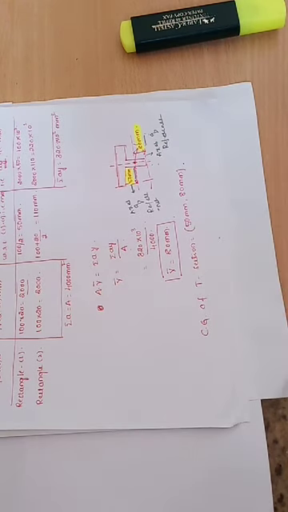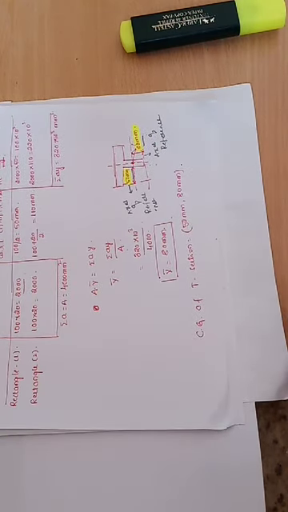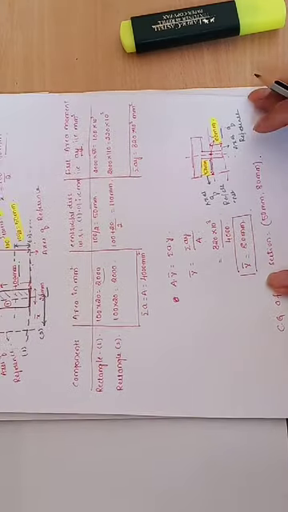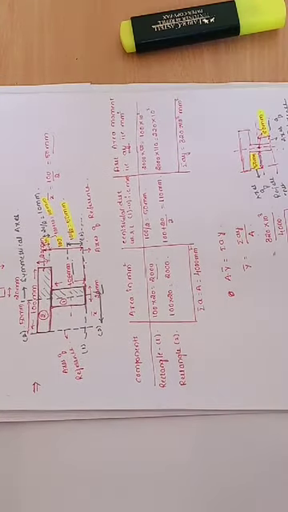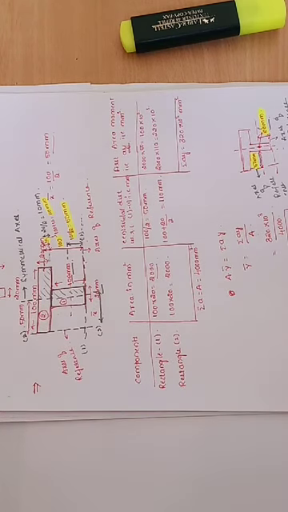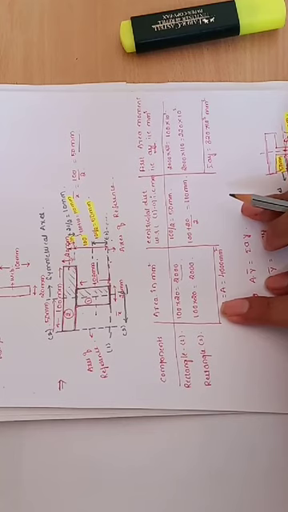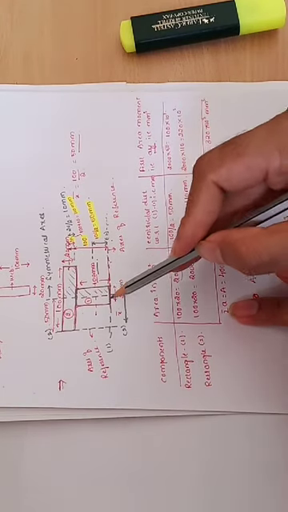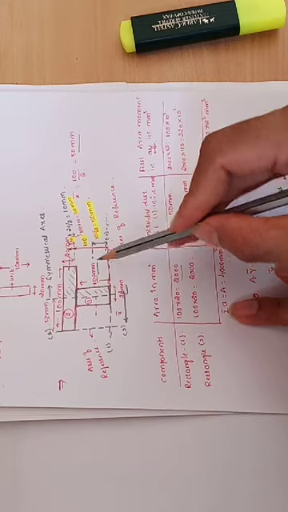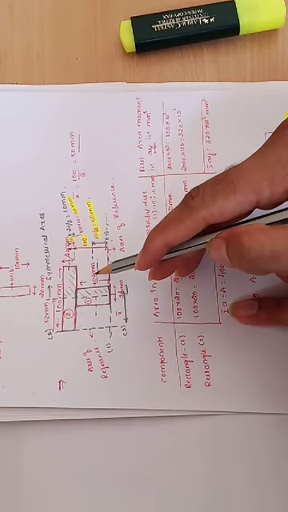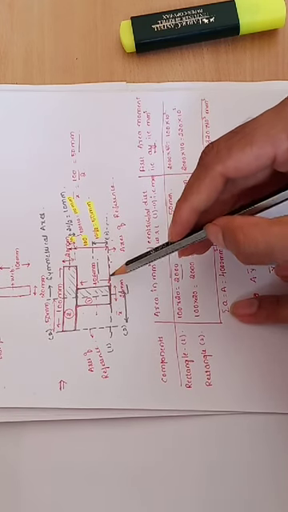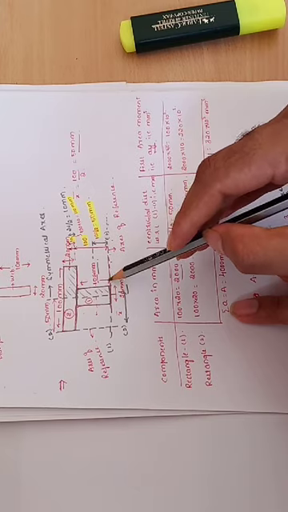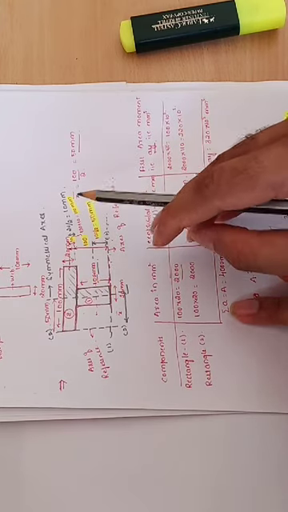So similarly we'll solve. So what are the important steps we are supposed to look into while solving centroidal problems? The first and foremost thing is, has he given any reference axes? If he has not mentioned any reference axes, what are you supposed to do? You have to keep this entire figure in the first quadrant. It represents that whatever x distance you get, and similarly whatever y distances you get, both will be positive values only.